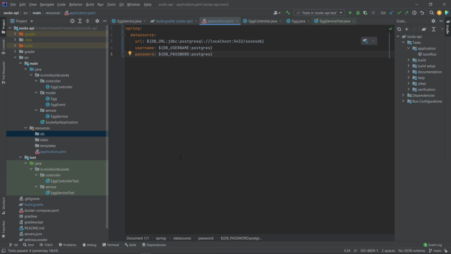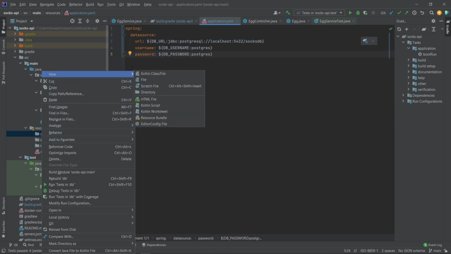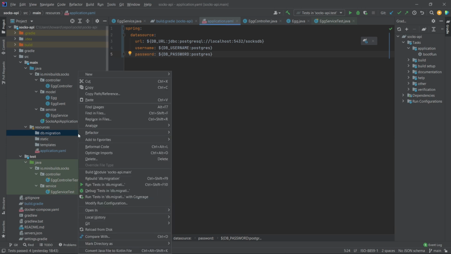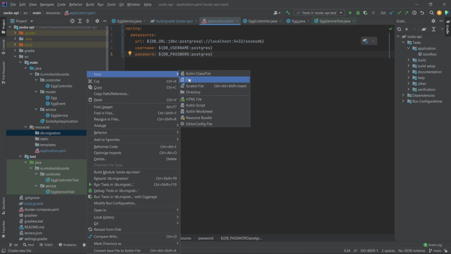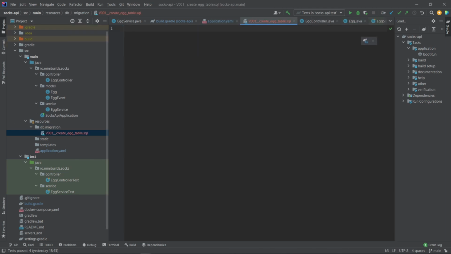Now the first migration script itself, which is simply an SQL file. In the resources, let's create a new folder. We've already got the DB, so we'll call it DB and then migration. Then in that folder, we'll create a file with a particular file name. The file name needs to start with a V followed by a version. I believe that this version can be anything, but I usually go for a number so that when it's ordered alphabetically, which is what the default file viewer will do, they're shown in order. And I zero pad the version with zeros like that. So if we create that file, and then in